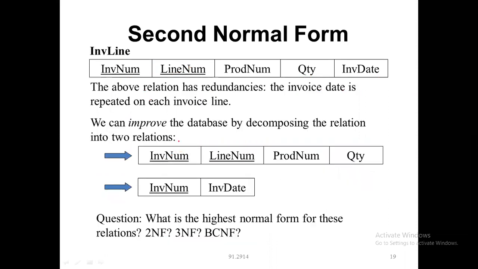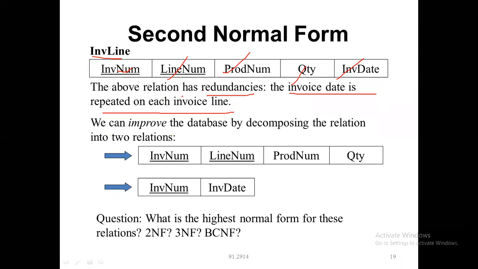So what I'm doing, the solution for this, I have to split the table. How will I be splitting? This is your common invoice line, where you have invoice number, line number, product, quantity, and invoice date. So here you have redundancy because it is repeating. The invoice date is repeated on each invoice line because I keep changing the quantity. Whenever I add quantities, the date will be there on the same date, so each and every data item will be repeated. So redundancy will be there.